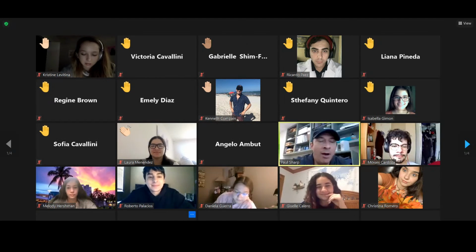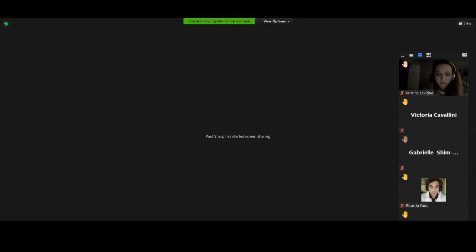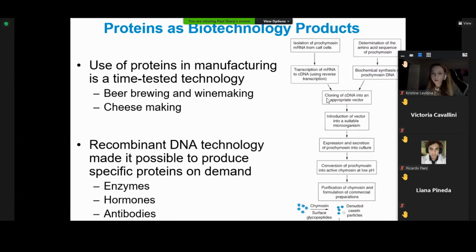What I want to do right now, because we are running out of time, is have you go in your textbook and look at this particular figure. This figure shows how they actually did this, the step by step protocol as to how they can use bacteria and grow bacteria to produce our transgene of interest. And what is our transgene? It's a gene that codes for the enzyme chymosin that will denude casein protein from glycopeptides,